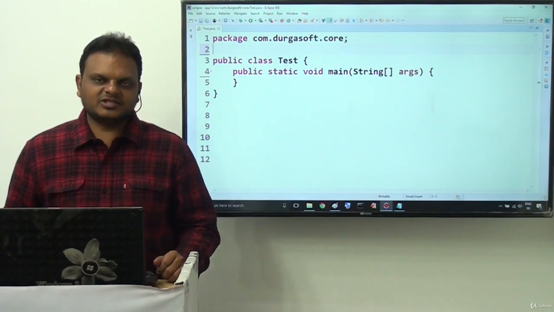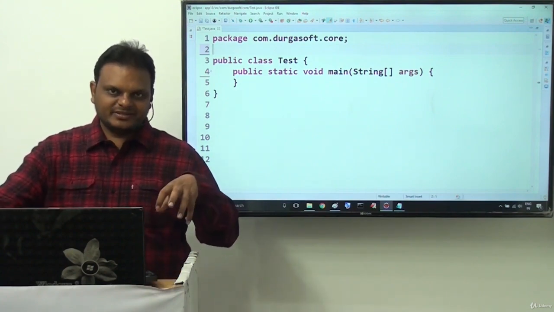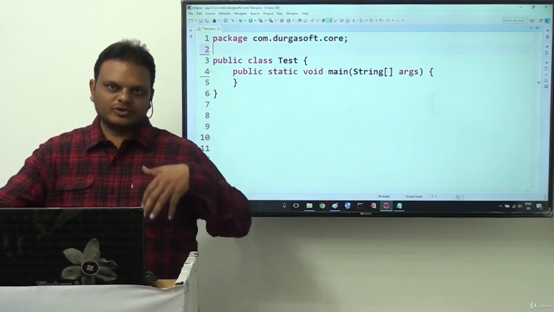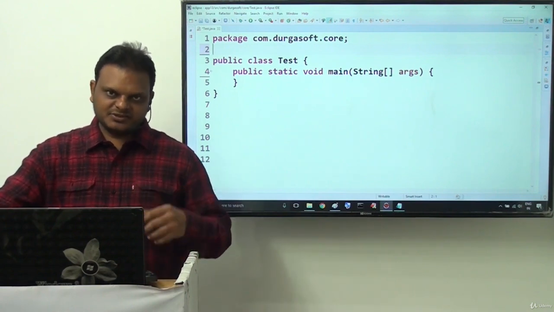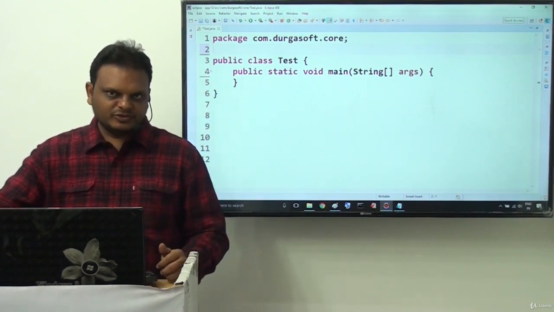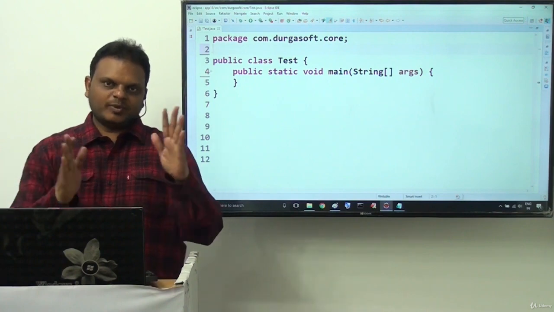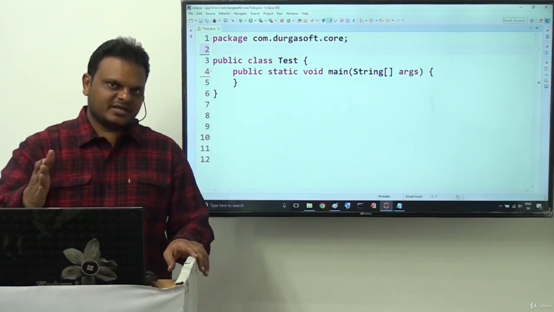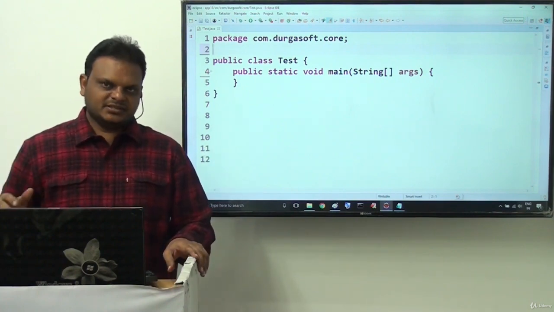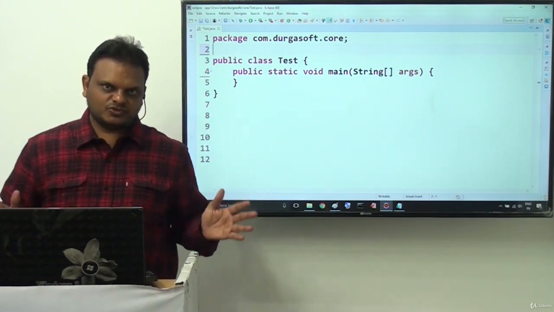Hello guys, in the last videos we have seen how instance context is executed inside the inheritance. These concepts we have seen, and in the previous videos, how static context is executed inside the inheritance. So two parts we have seen: static context behavior in inheritance and instance context behavior in inheritance. Individually we have seen these two now.